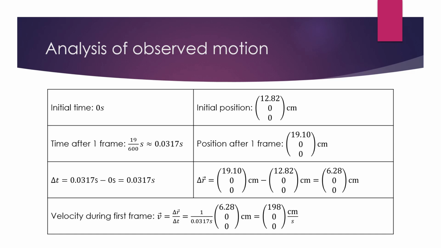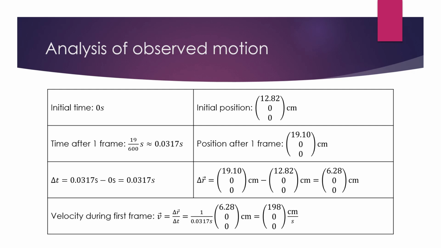The time difference during the start of these frames is the final time minus the initial time, which is 0.0317 seconds. The change in position is 6.28, 0, 0 centimeters. The average velocity during this first frame is change in position divided by change in time, which is approximately 198, 0, 0